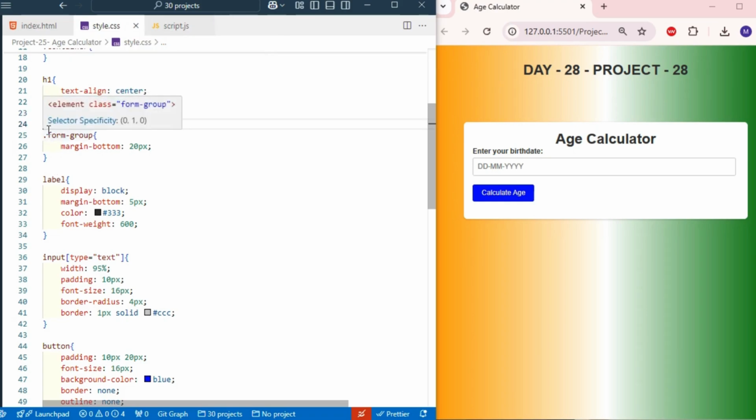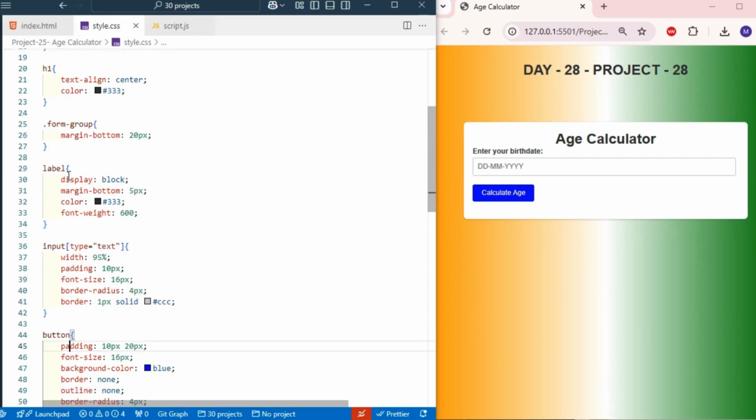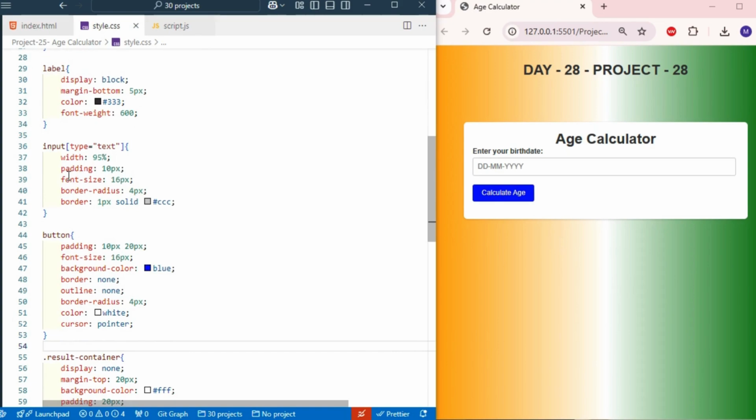And I'm taking one class of form group with margin bottom of 20 pixels. For the label, display is block, margin bottom is 5 pixels, color is black and font weight is 600.